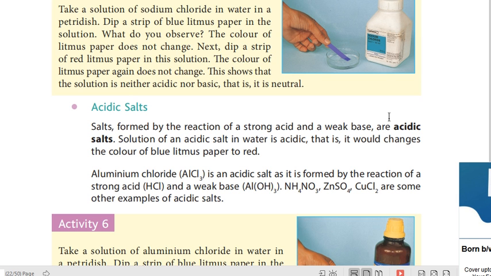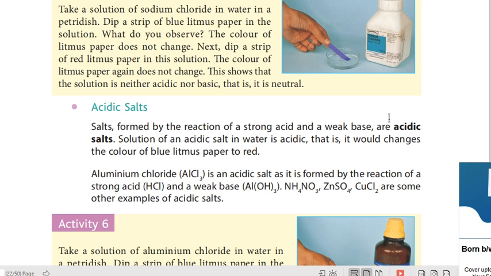These will be there from the acidic part, and from the basic part, aluminum hydroxide, ammonium hydroxide, they are the weak bases. So if these bases are taken and the acids are strong, like sulfuric acid or hydrochloric acid, then the salt formed will be acidic in nature. For example,